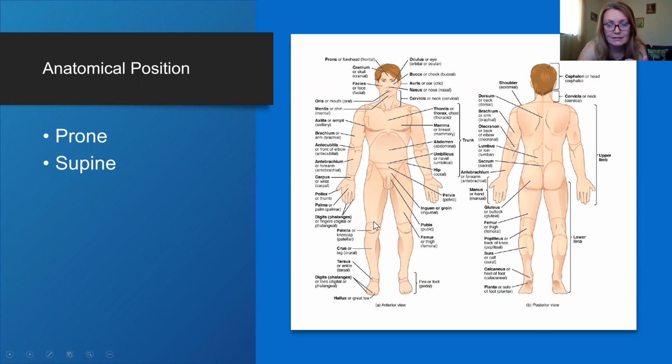Now we're moving back. I think I forgot the coxal region on the side of your hip. Then we have the femoral region, patellar region, crural region or crus, that's your leg. Then we have tarsus, we have digital, and hallux is your great toe, and pedal region or pes, that's your foot. In a posterior view, some of the terminology is the same, like brachial. We have anterior brachial, posterior brachial. Now,